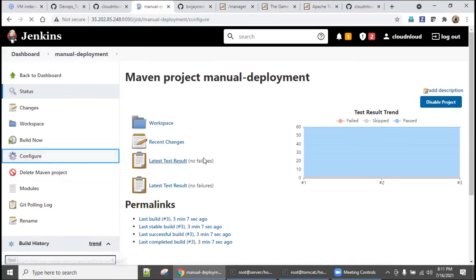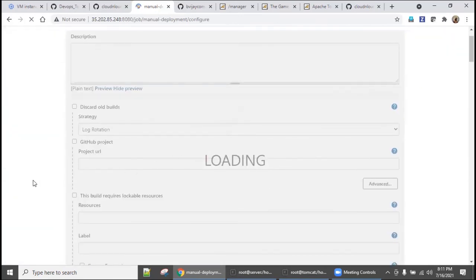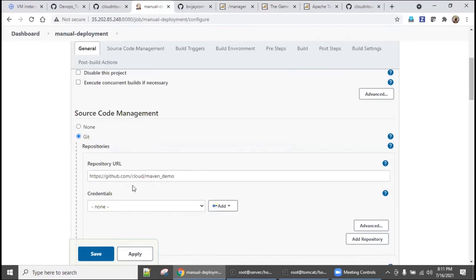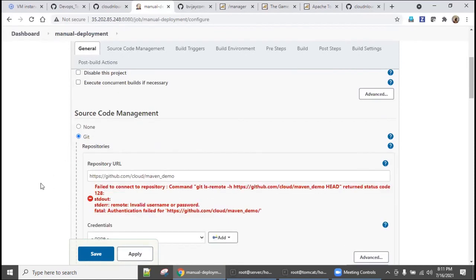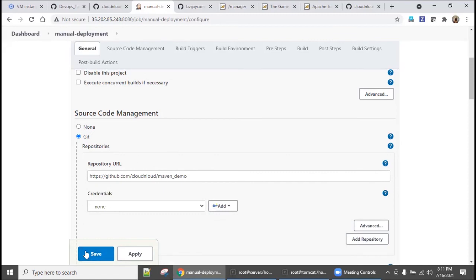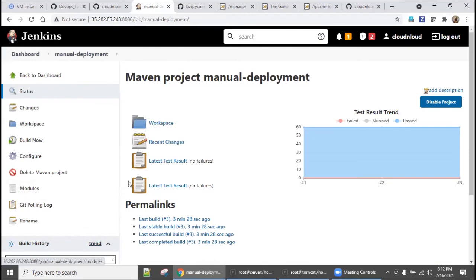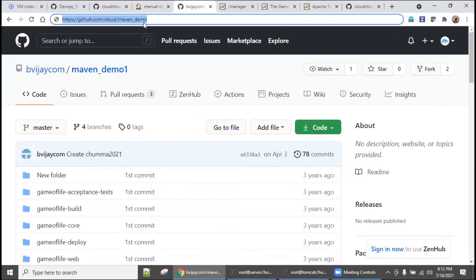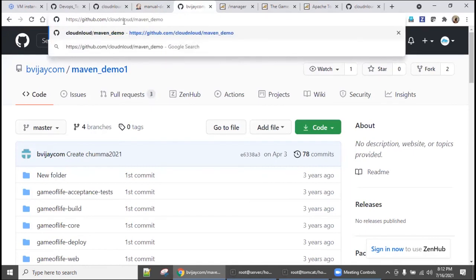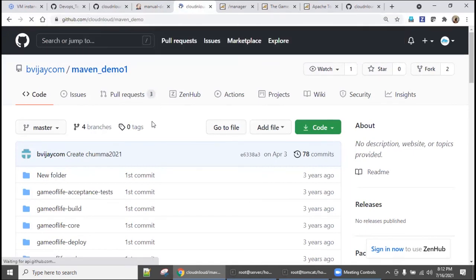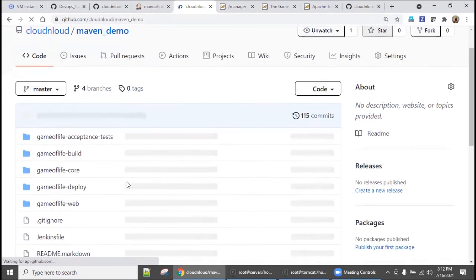What is the error? Let's check. Everything is fine. Sorry, there is a typo mistake: Cloud and Loud. Yes, so say save. You have to be the owner of this repository.